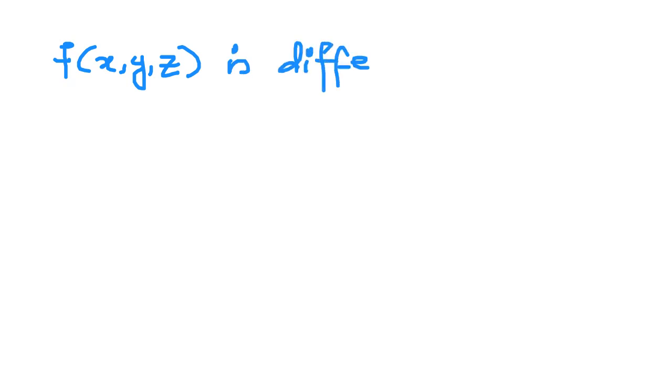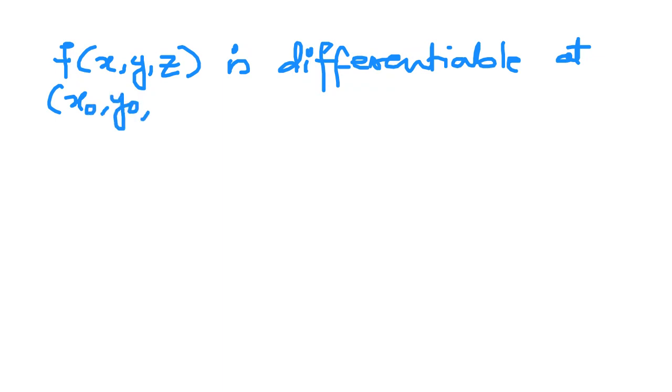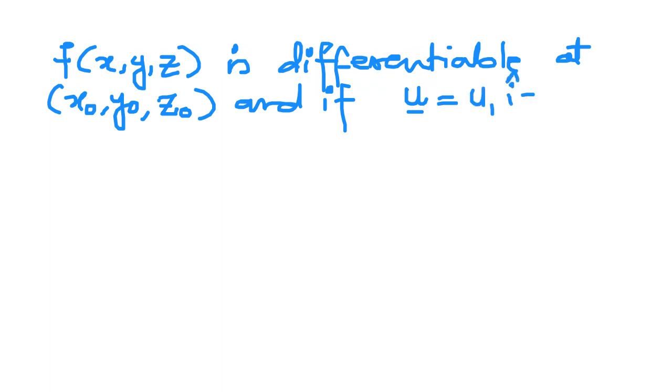If you have the function f of x, y, and z, and this function is differentiable at the point x naught, y naught, and z naught, and if u is a unit vector equal to u1 i plus u2 j plus u3 k,